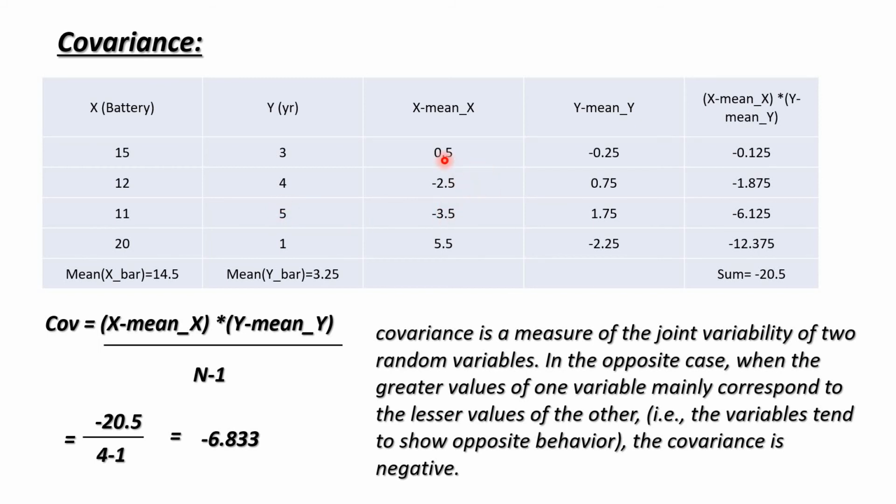Now simply we did the same: we took the mean of this x, we took the mean of this y as well, and we subtracted each element from the mean, and we got this and this as well. We multiplied both x minus x mean and y minus y mean, and we got this sum, right? We got the negative sum. Now covariance tells us the relationship between two variables, right? So we have x and we have y. This is a simple formula. We have calculated the multiplication of x and y, and we put the minus 20.5, and we got the output, that is negative.